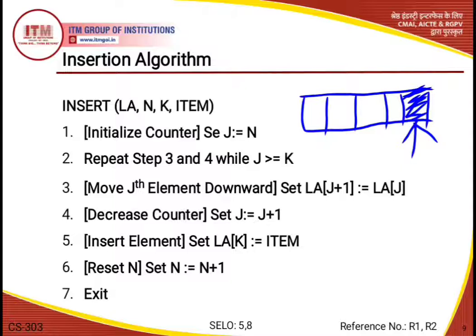which is the empty position, and then reset the n, because now if for example there are already 4 elements available in the list, then after insertion of the 5th element, now we need to know that we have to reset the value of nth element, because it is now the 5th element in the array, and this is indicated as set n is equals to n plus 1. Okay, means now the number of elements which is before insertion is 4, and now it becomes 5.